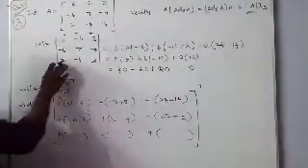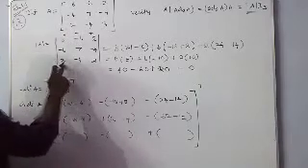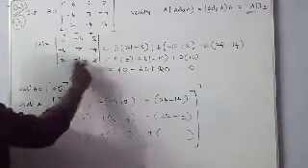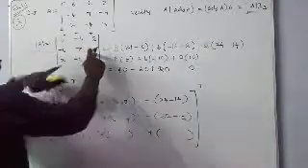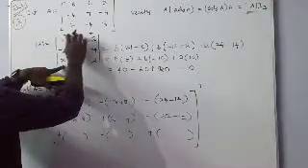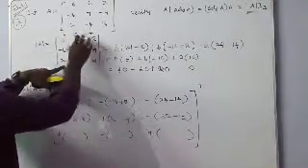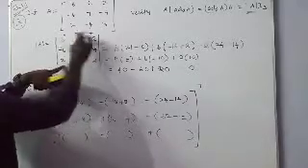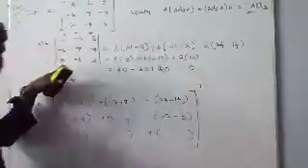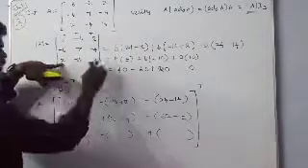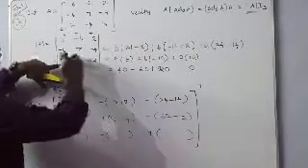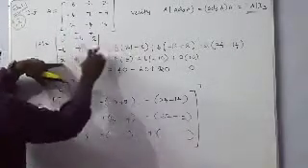And once again we have to find this element, cofactor of 2, leave this row and this column. What is the value? We could not understand this minus. Now erase this minus, because this is the outside value minus. So that's why we have to take the interior value. So leave this row and this column. What is the value? 24.